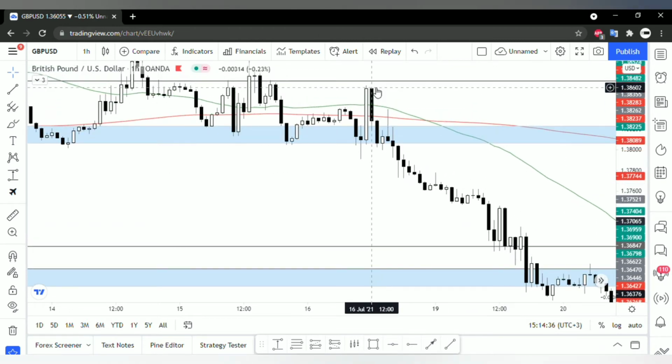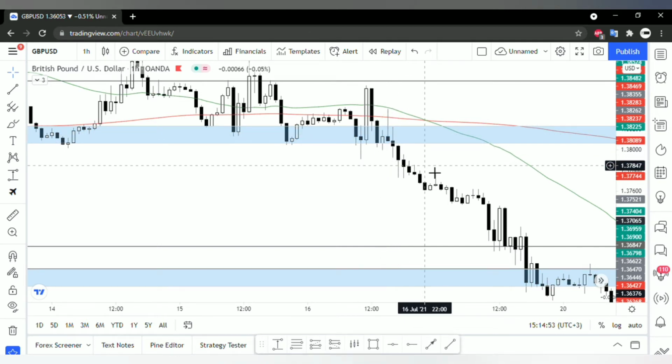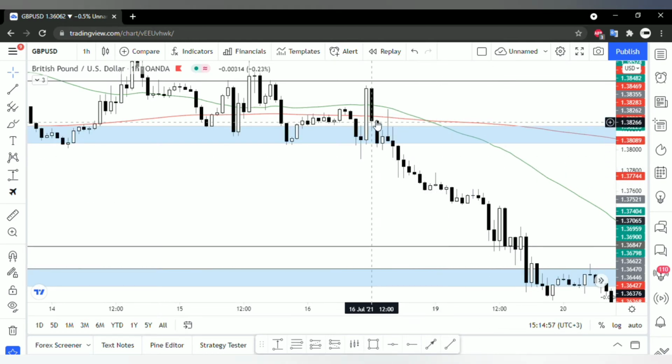So once we had this movement to the downside, it tried to retest, it touched, or rather almost touched, the 50 moving average and formed a nice bearish hammer candlestick pattern. And from now, the only movement that we would have anticipated in between these two particular zones would be a clear sell. As you can see, the moving averages have already crossed